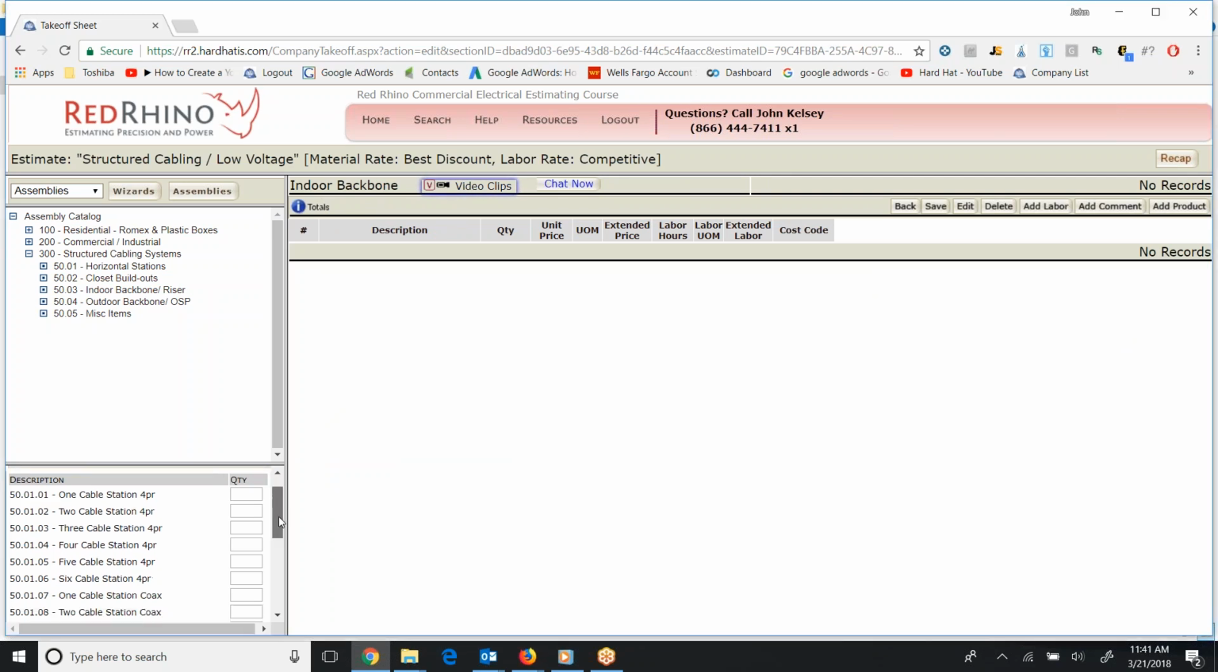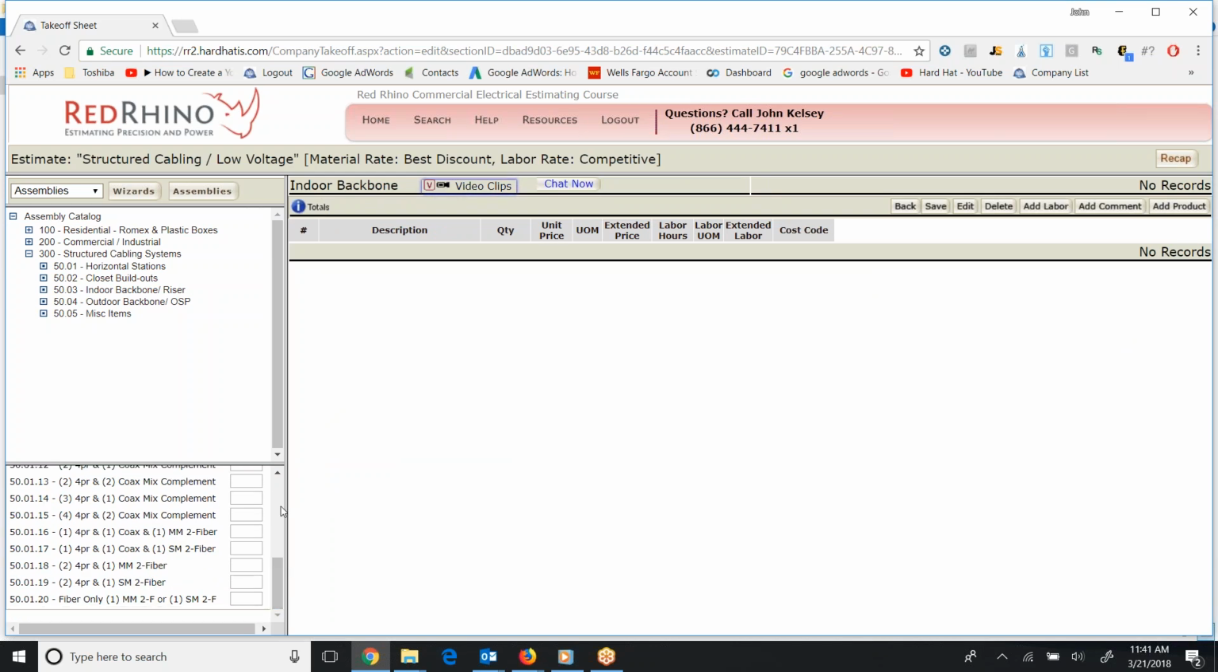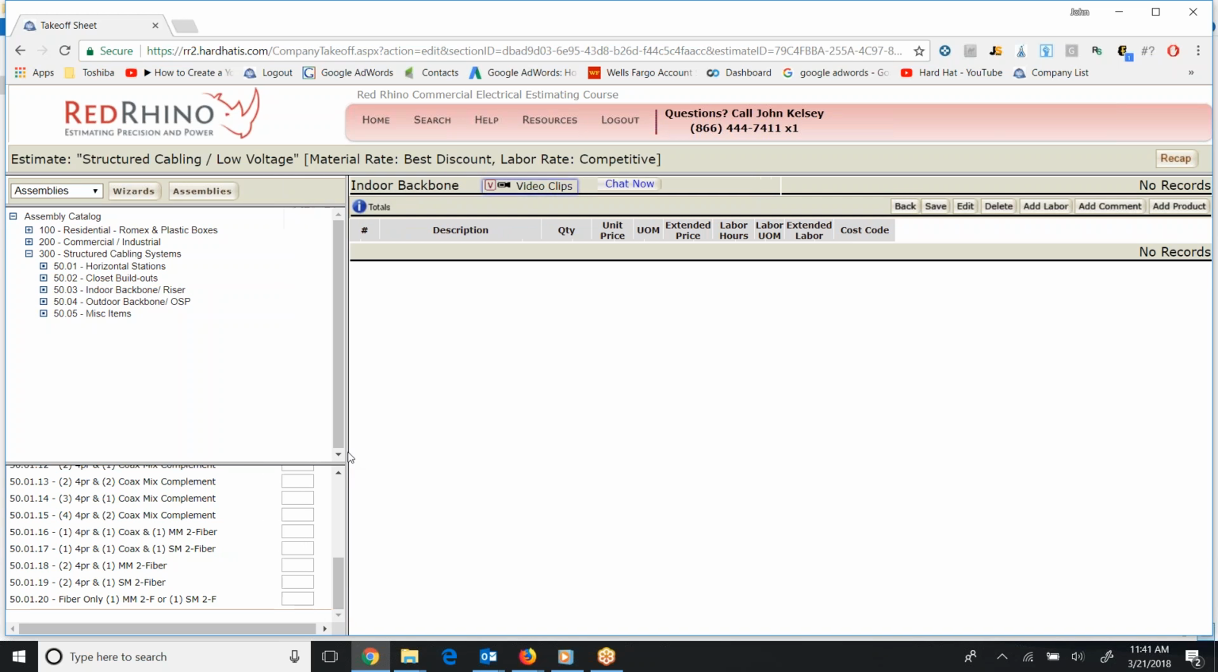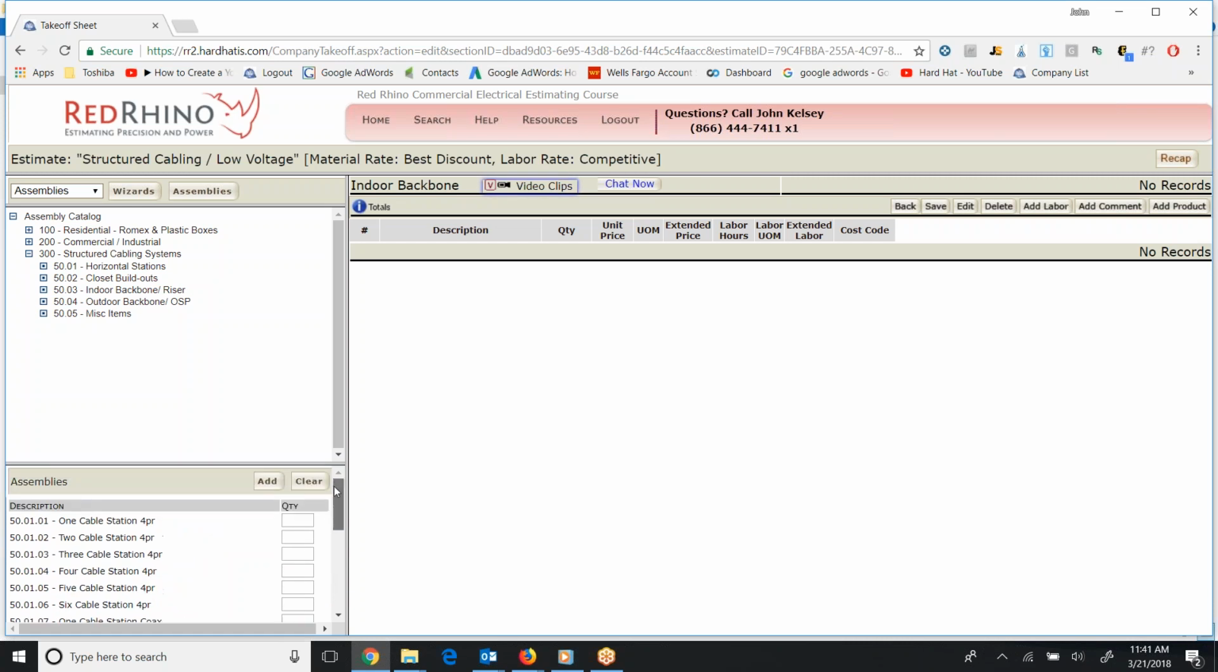I'm going to scroll down the list here to the bottom, and I'm going to just unsquinch this a little bit. I grab this line, left click, hold it down, move it over. I'm going to input an assembly, 1 4-pair, 1 coax, and 1 single mode 2-fiber. This is an assembly again. I'll input quantity of 1, scroll up to the top here, click add, and when it populates over to the